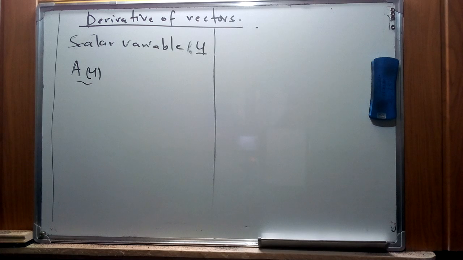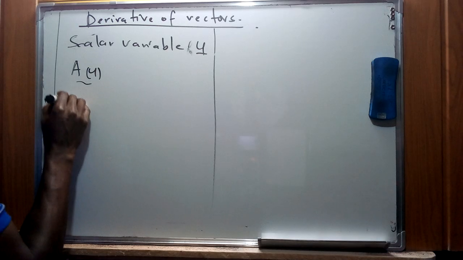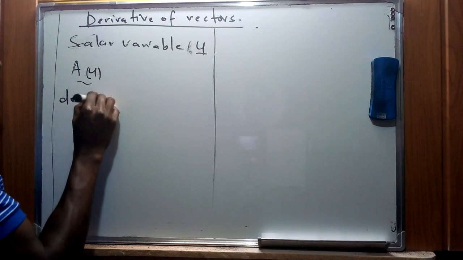And this vector function is going to assist us to define the derivative of A(u), which can be given as